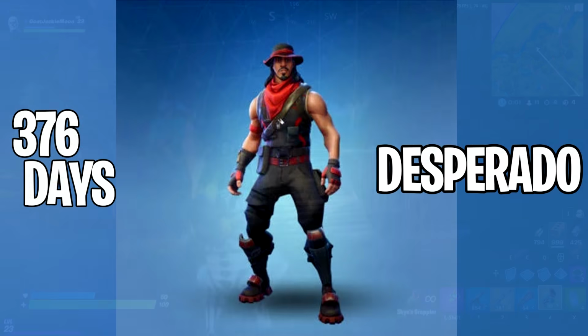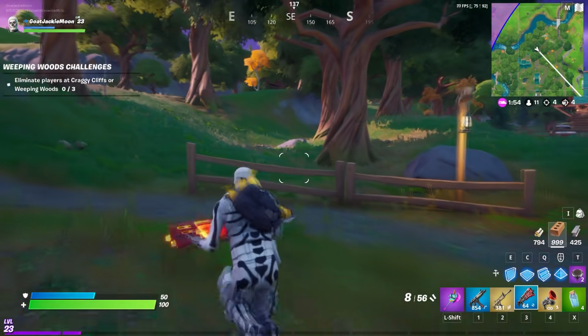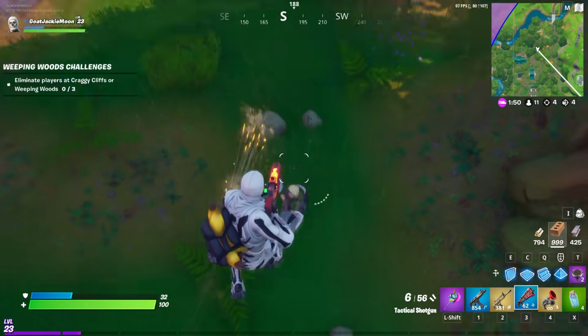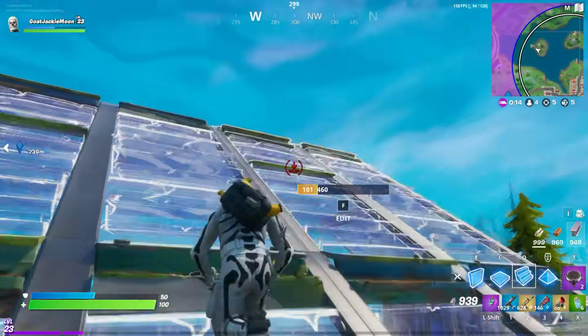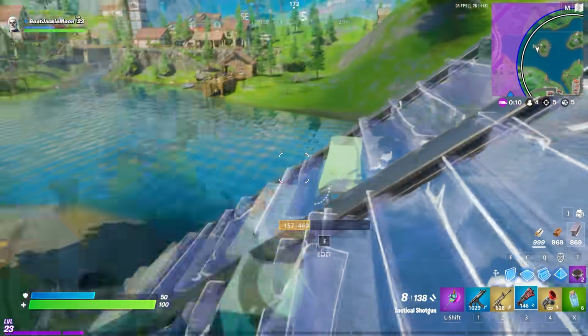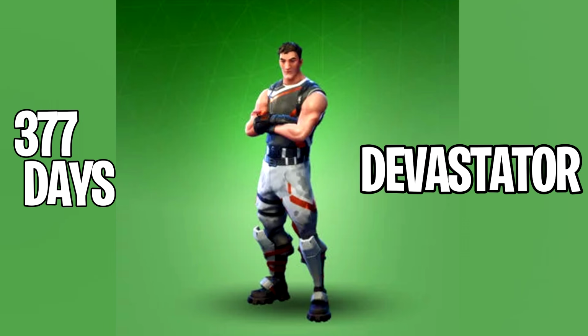Next is the Desperado skin, also seen 376 days ago and has a rating of 2.4. So pretty much every skin on this list has been less than 2.5 stars, apart from I think 3 or 4, the Reflex, Instinct, and the Wildcard skin. So that is pretty weird to me. I don't know why they are doing that, but anyways, moving on, we have the Devastator, just a rating of